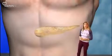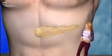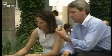This is the pancreas. It has receptors that detect the rise in blood glucose. The pancreas then releases insulin into the blood. Insulin is a hormone which is released in response to rising blood sugar levels. It travels in the bloodstream to all tissues, particularly the liver and muscles, where it sets about removing the sugar